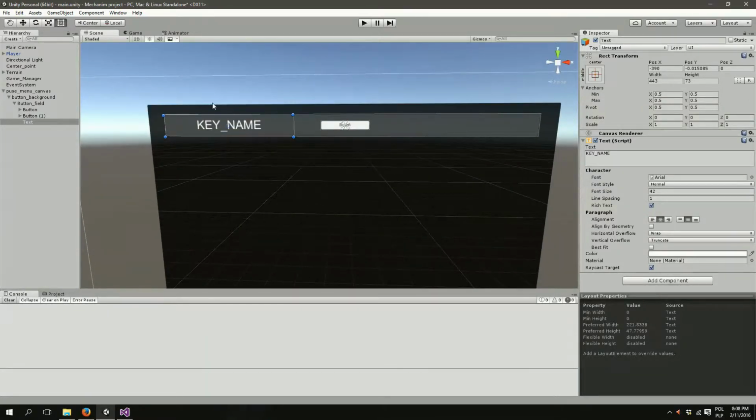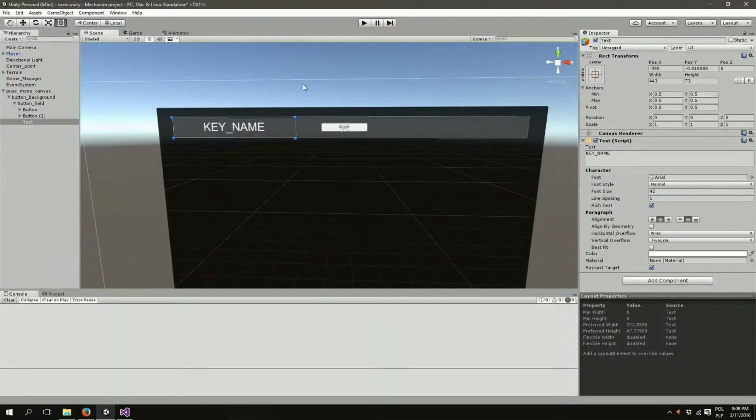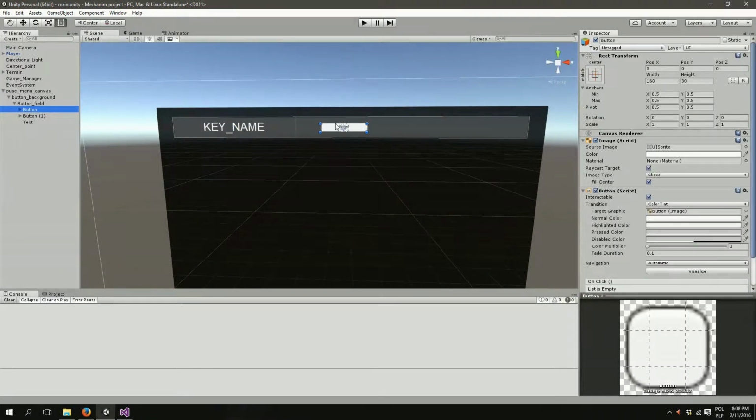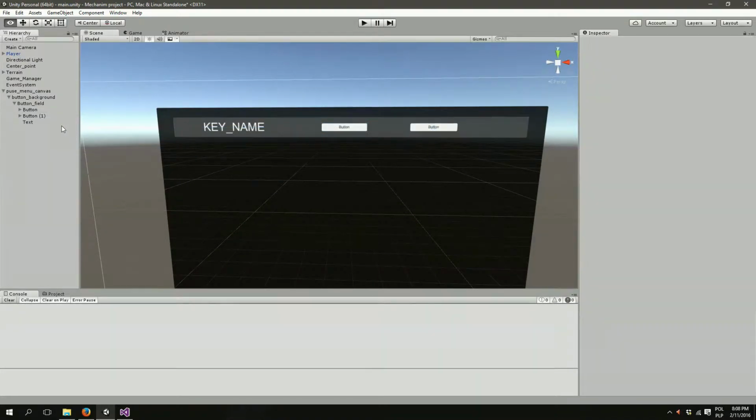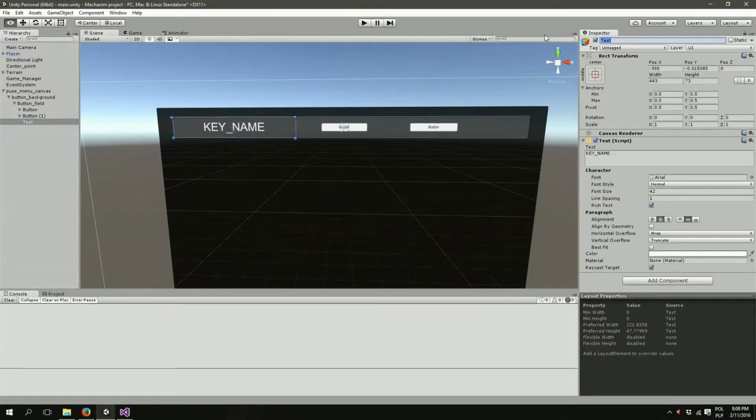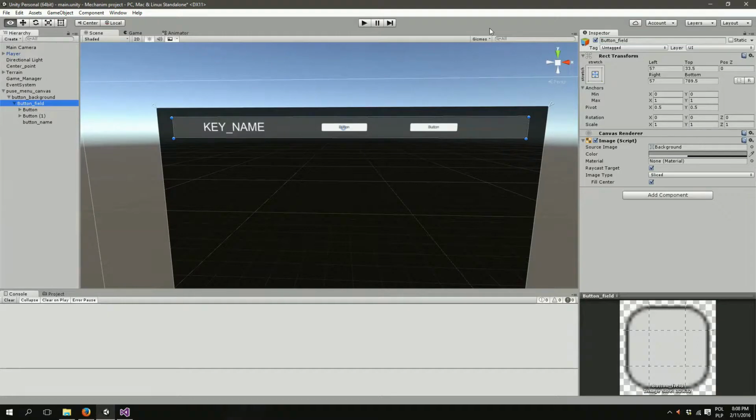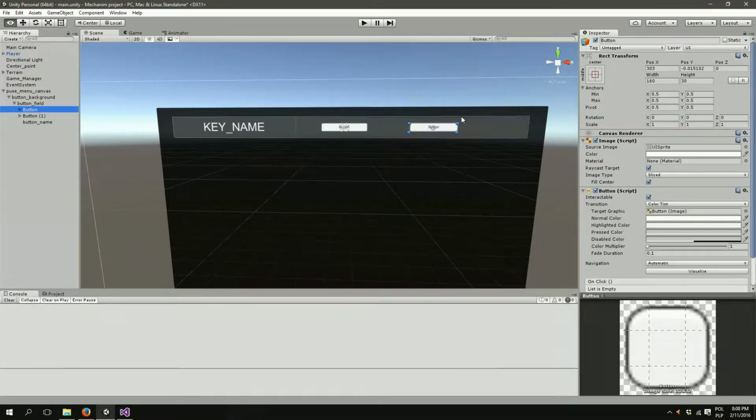We don't really want it to be here in scene view. We'll just have a representation, so I usually use caps lock and name them like that. It doesn't really matter actually. So this is the text, and I will also call it button name. And here, actually I will make button field with small letter, because everything here is small letter. And here